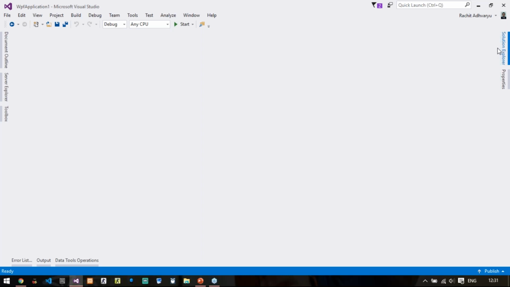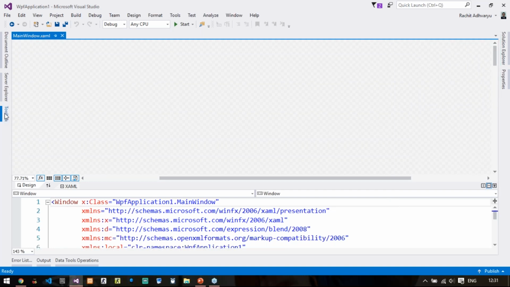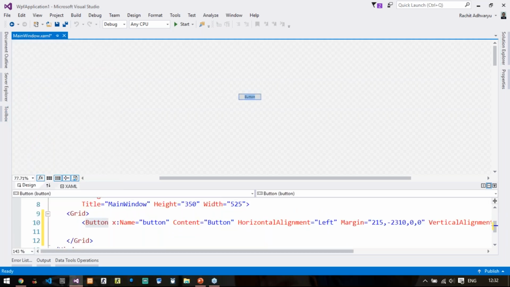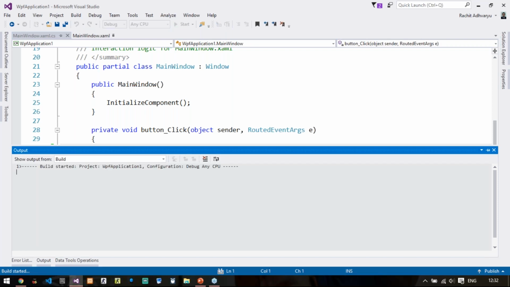So I'll just put up directly one button. And on button 1, if I click on this button, it should generate a button click event and say MessageBox.Show "hello WPF". Execute this application using Control F5. It will take first time execution load and then it will never get slow rate of execution.